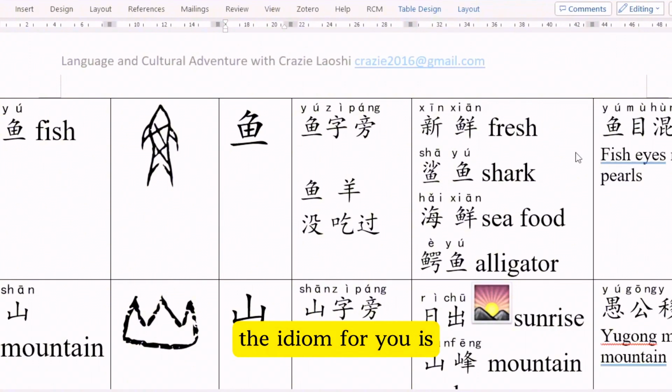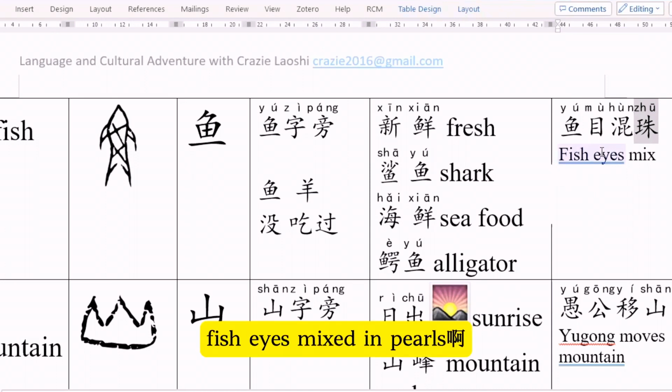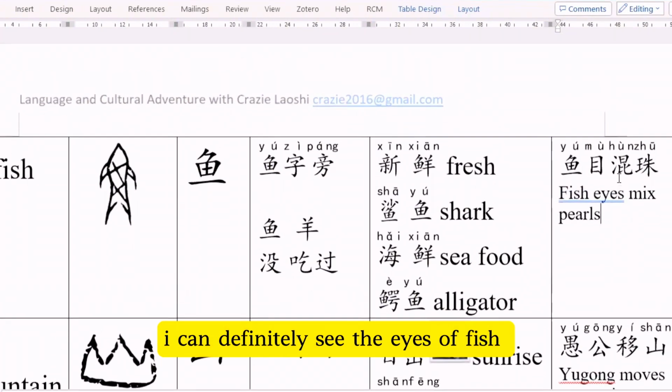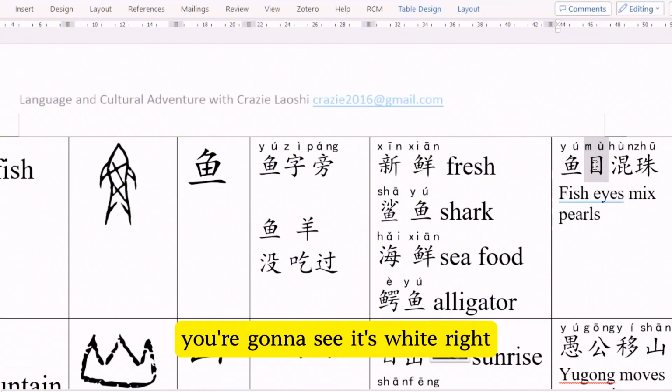The idiom for 鱼 is 鱼目混珠. Fish eyes mixed in pearls. When I used to eat fish, I can definitely see the eyes of the fish. I don't know about you. But anyways, if you have ever seen 鱼目, the eyes of the fish, you're going to see it's white, right?